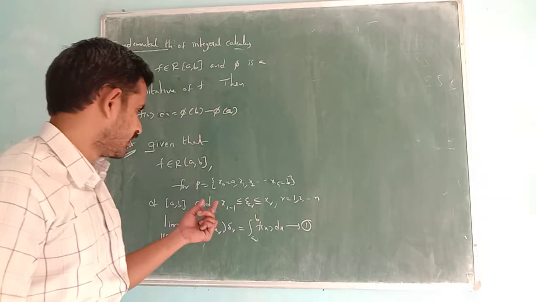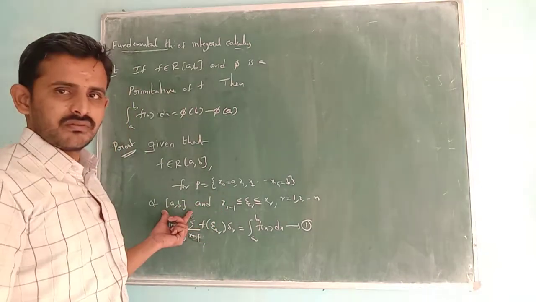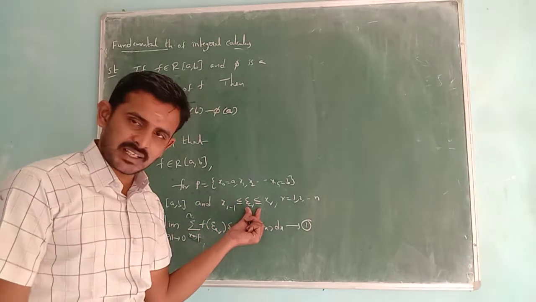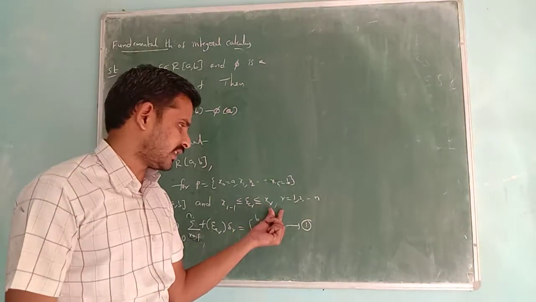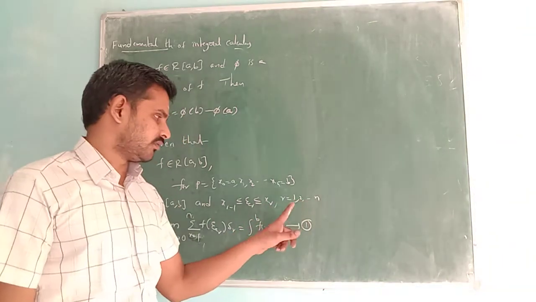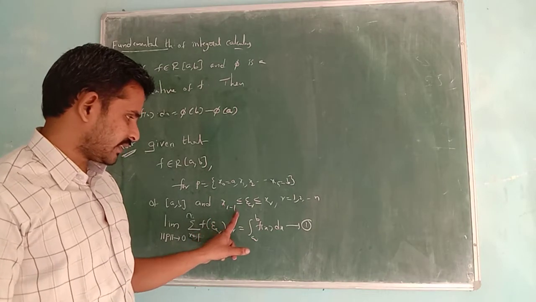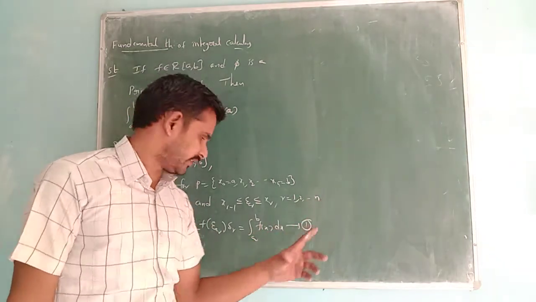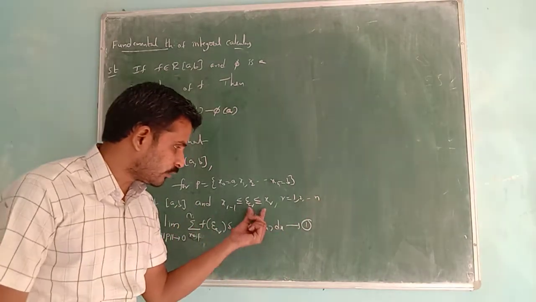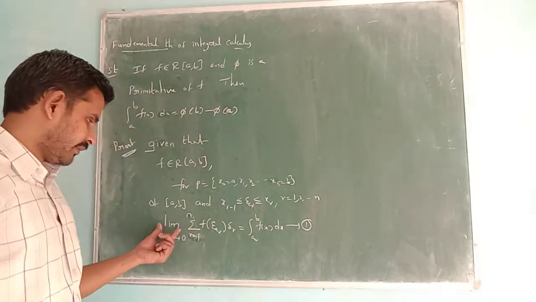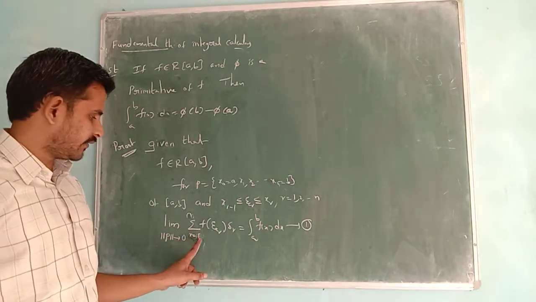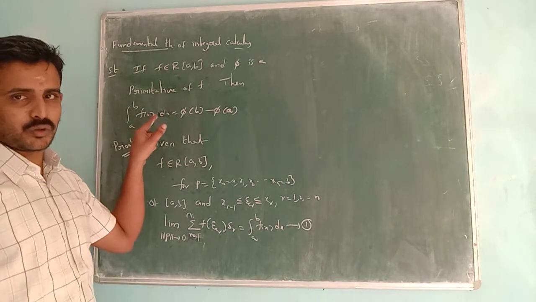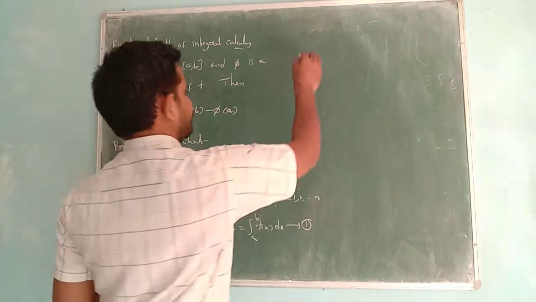So what is the definition? P is a partition of closed [a, b]. So let us consider a partition P, and xi_r is an element between x_{r-1} and x_r, where r runs from 1 to n. So for r equal to 1, x0 less than or equal to xi_1 less than or equal to x1, and like that for r equal to 1 to n. So what is the definition of the integral from a to b of f(x) dx? The limit as norm of P tends to 0 of the sum for r from 1 to n of f(xi_r) delta_r. So this is the LHS, the definition of the integral from a to b of f(x) dx. Next.